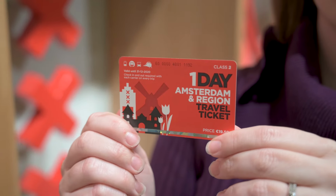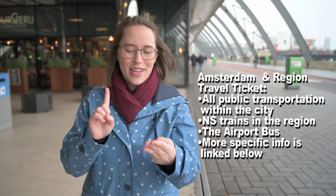The Amsterdam and Region Travel ticket is one of my favorite options because it allows you all the things in the city of Amsterdam, the NS, connection, and GVB, but it actually gets you outside the city into the region, where there's so much to explore. So you can go to the famous windmills at Zandvoort, you can go to the Keukenhof, the famous garden when it's open, and even down to the castles and stuff. It's a great deal. If you want to travel more like a local, just get the reusable, rechargeable OV chip